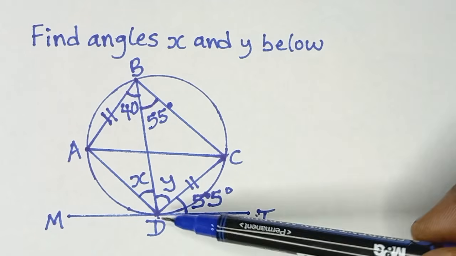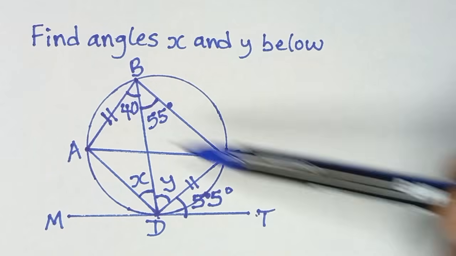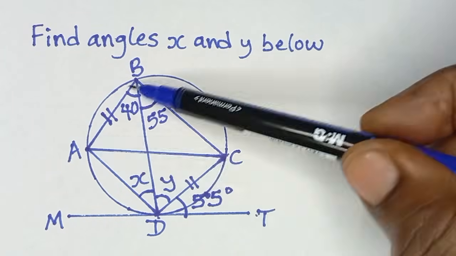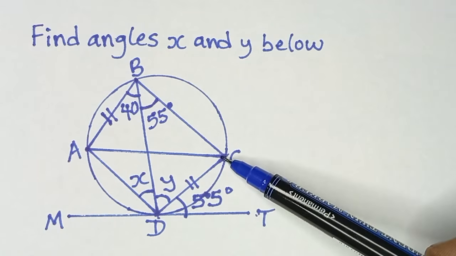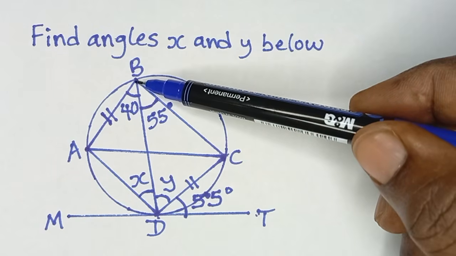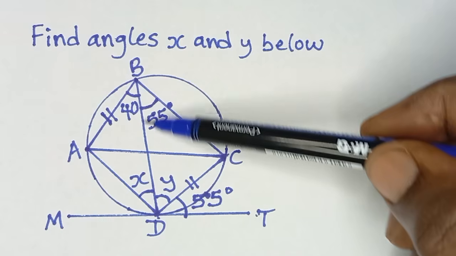Hope you are seeing that. Because of this mark here and this mark here, it means this chord DC is equal to the chord AB. Now, this chord DC makes 55 degrees at the circumference of this circle, using this triangle now